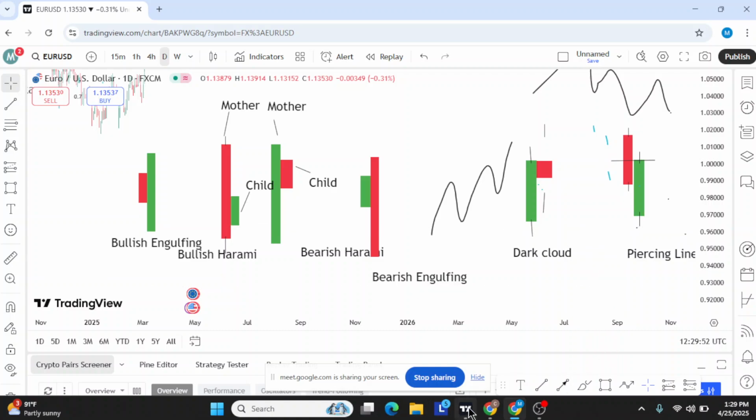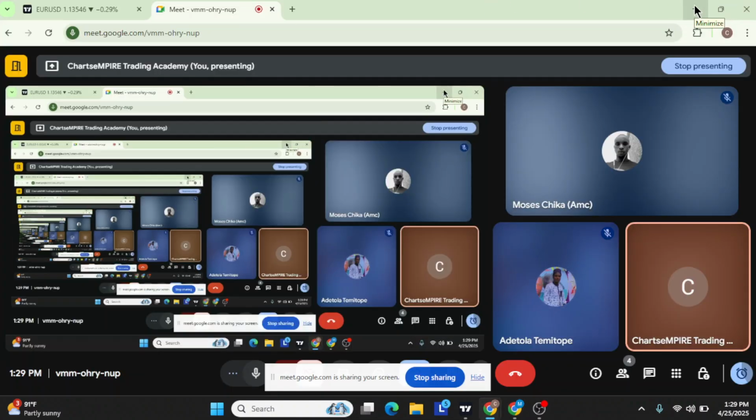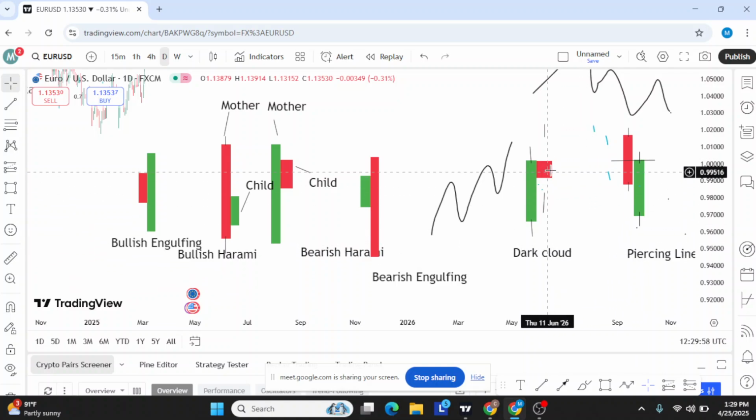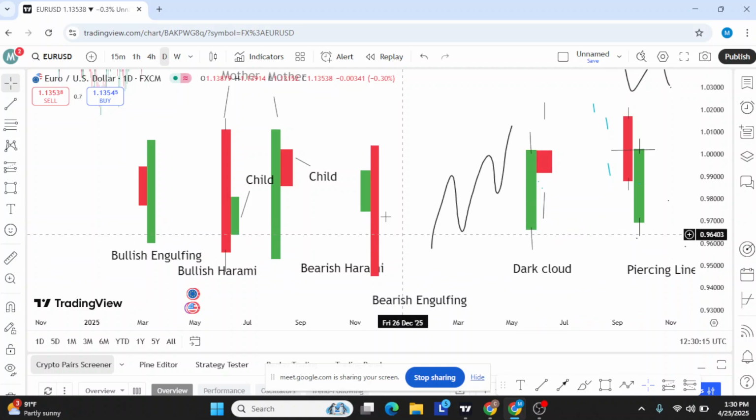Are you with me? Which? Where is it? This one. What pattern can we call this? You can see the bearish candle closes inside. It's very sharp. Exactly, bearish Harami. So now we can see that there is a slight difference from the dark cloud and the bearish